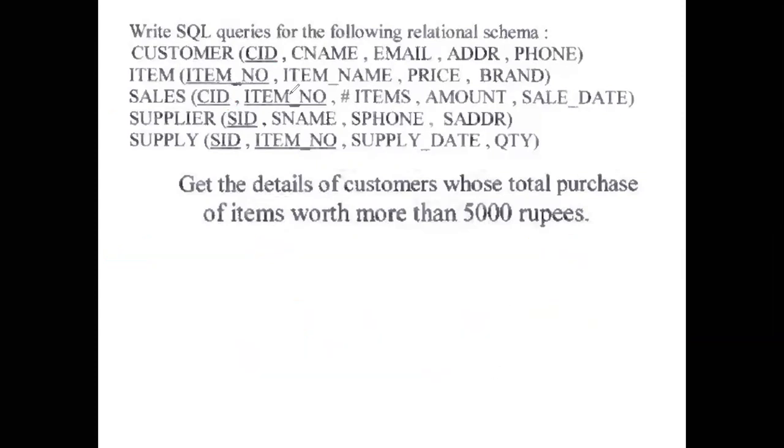So what we have to do is, we need two tables, customer and sales, and we will join these two based on the attribute that is CID. Once we join this, the two tables get joined. The next thing is we need to group them based on the CID. So we have to group it on the CID using which clause? The group by clause. We will group it based on the CID, and then we have to apply one more condition, that is, the amount should be greater than 5000.